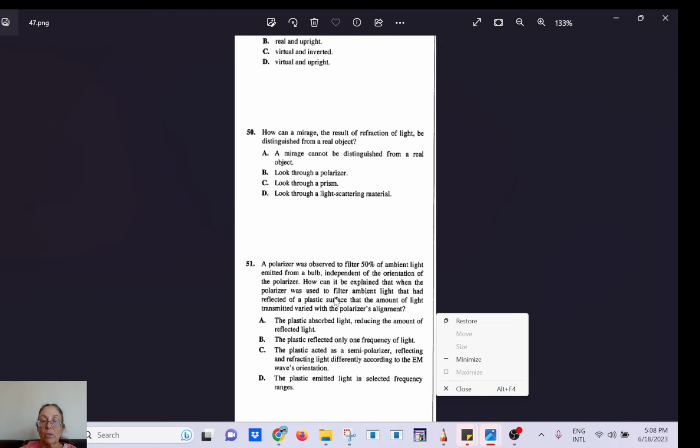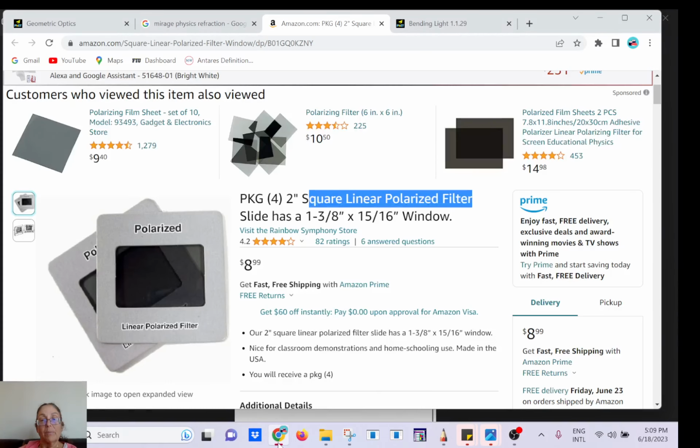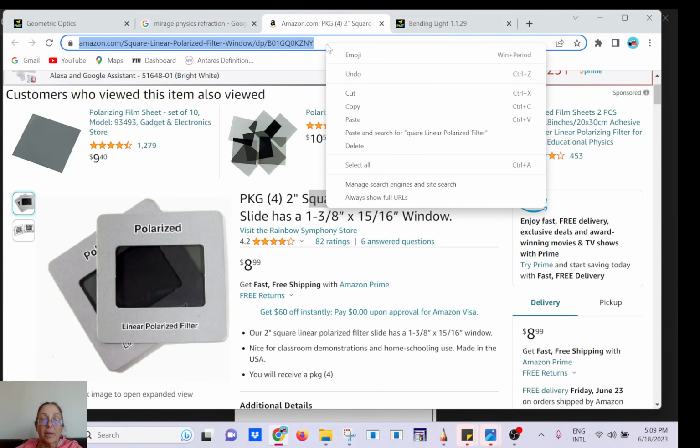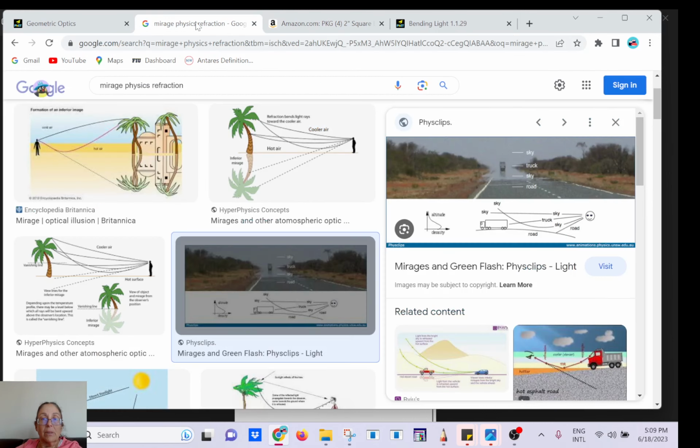Explain that when the polarizer was used to filter ambient light that had been reflected on a plastic surface, the amount of light transmitted varied with polarizer alignment. But it just means that the plastic is itself acting as a semi-polarizer. So the light reflected from the plastic gets polarized. So for question 51, the answer is C. Now, if I can have a better picture